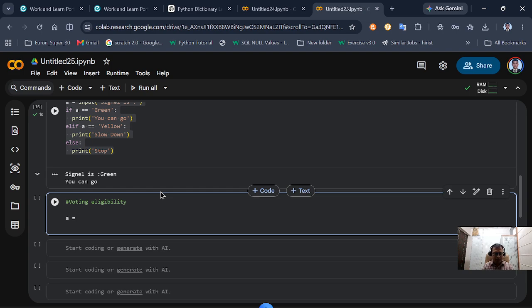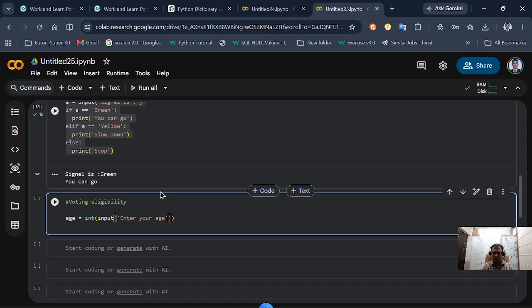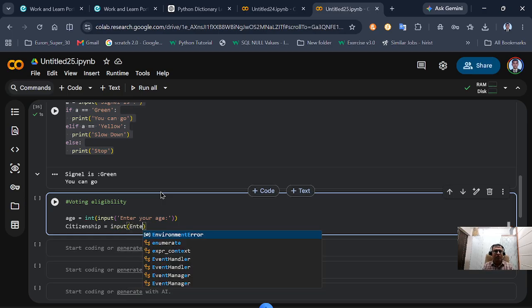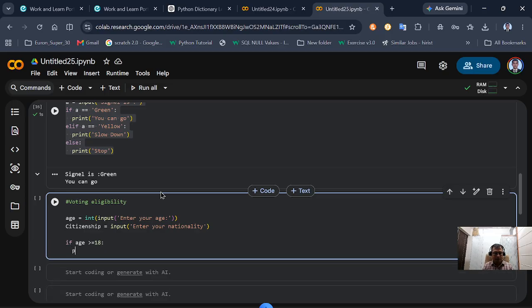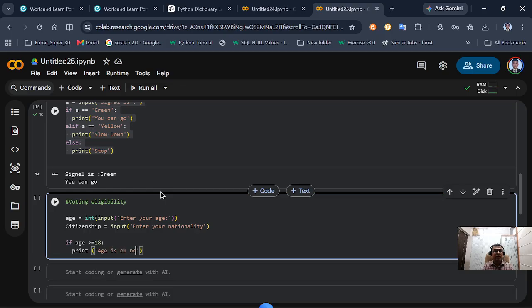Let's have variables defined. Say age is equal to int input, enter your age, colon, and you can say citizenship equal to input, enter your nationality, and you can just write if age is greater than or equal to 18, print age is okay. Now check citizenship,